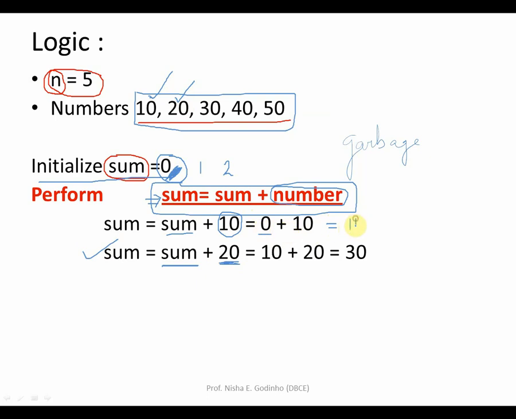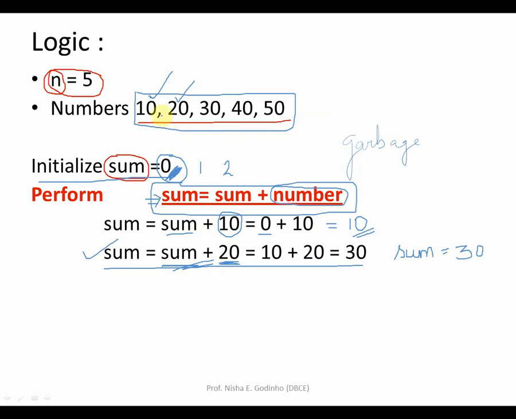So you get a 10 after doing 0 plus 10. So that 10 will come in this variable sum. So it will be 10 plus 20 equal to 30. After this step is done, the sum variable will have a new value which is 30. Why 30? Because that is what you have got after performing the addition. In other words, by doing this equation you get that sum equal to 30.